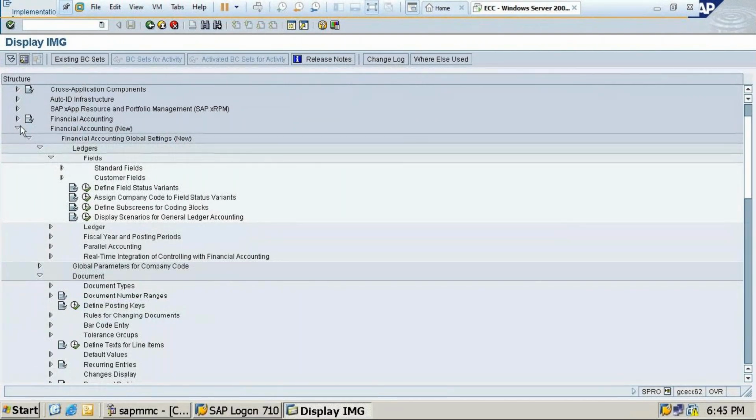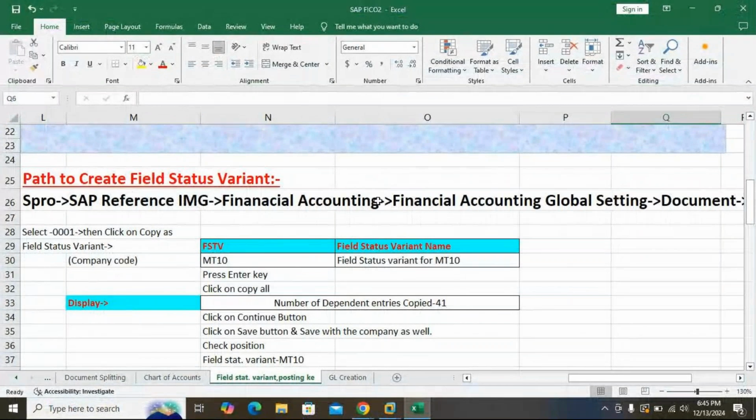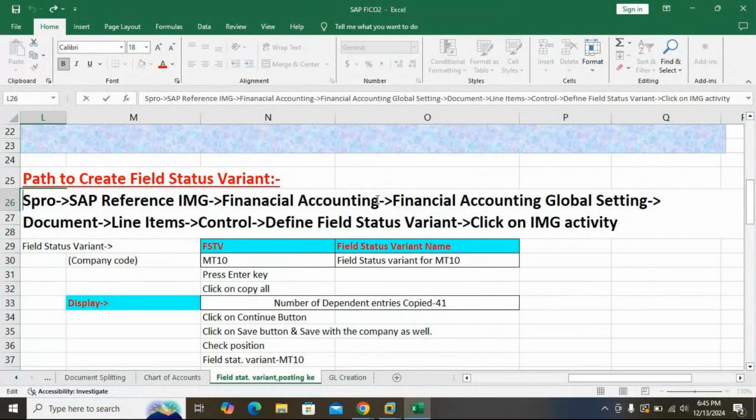You have to come to this. Financial accounting new, financial accounting global settings new. Actually, it is not only financial accounting, it's financial accounting global settings new. This is a different procedure and that is different.